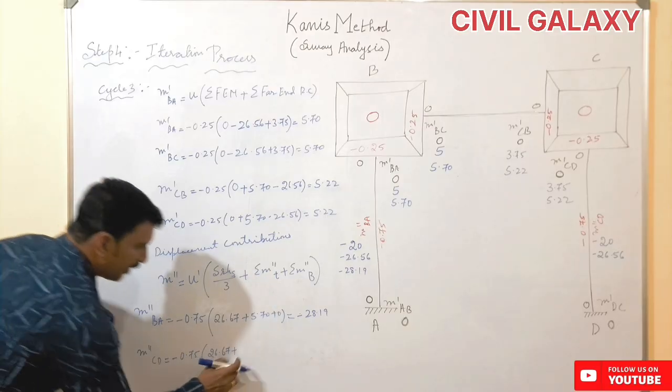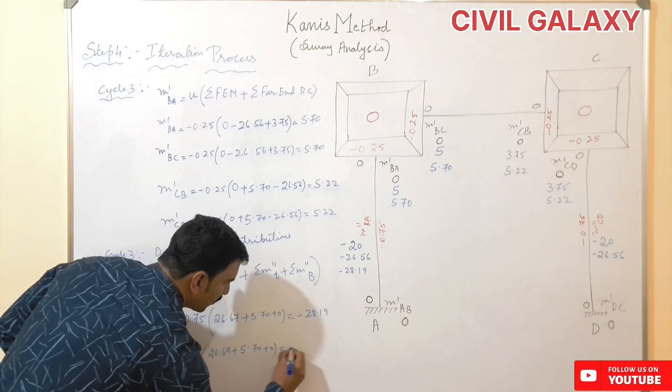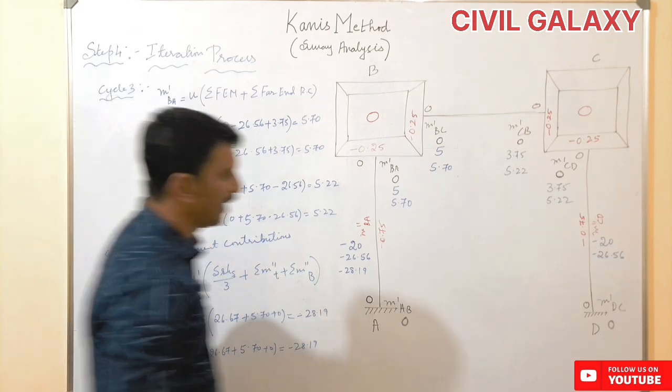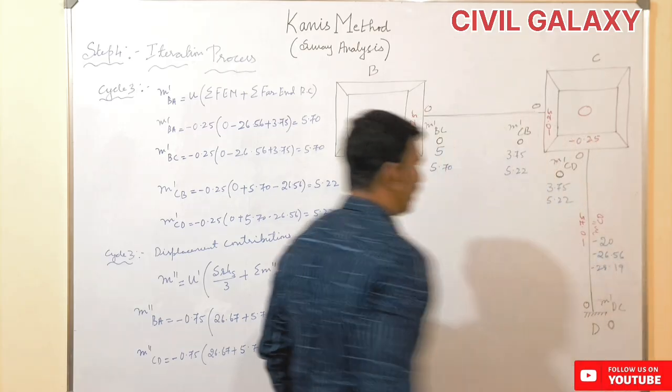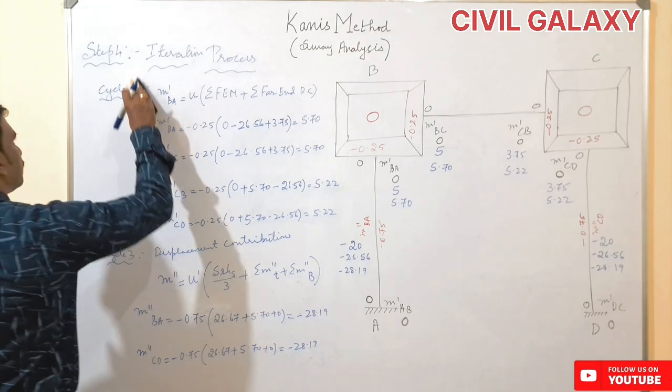So here also we are getting the same value, which is minus 28.19. So this value about M double dash CD we will write over here, that is minus 28.19 kilonewton meters. So next we go for the fourth cycle,